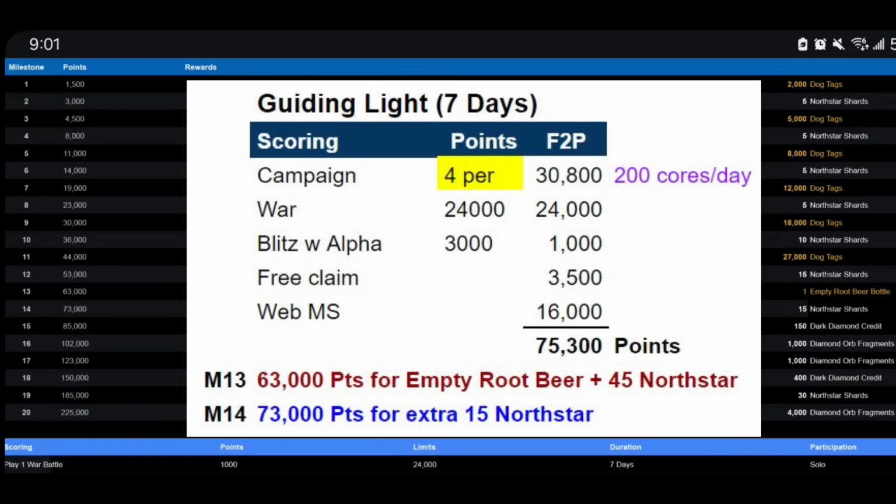Doing all the war battles, which is 24 over the span of the 3 matches, that's going to get you 24,000. We got some blitzing with Alpha here. And then assuming there's going to be some free claim here, again, usually what we see in the past is 500 points per day for the 7 days. That should amount to close to 3,500 points. And then finally, as I noted earlier, the web milestone is going to give you 16,000. So this actually gets us 75,300 points, which is north of milestone 13 being 63,000 for the empty root beer,